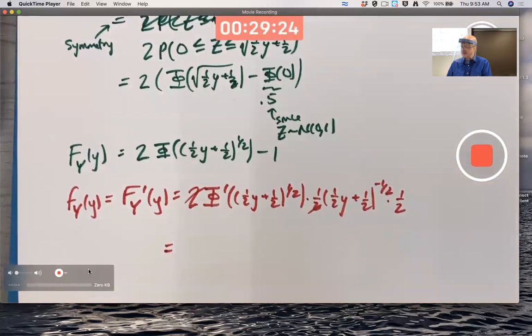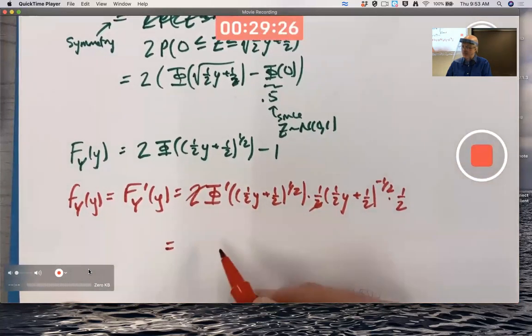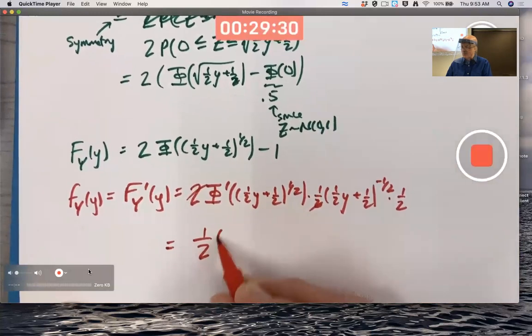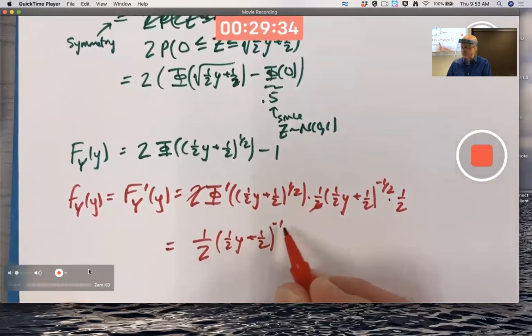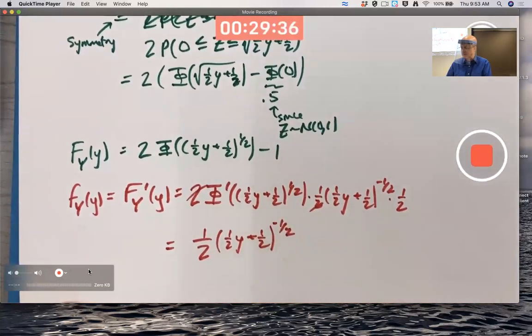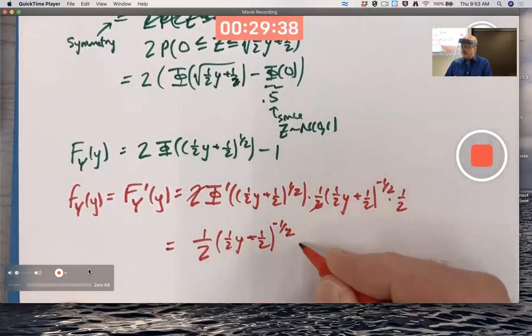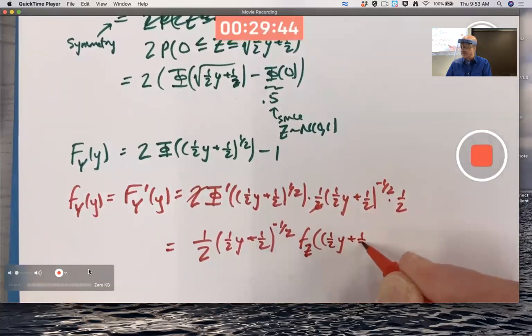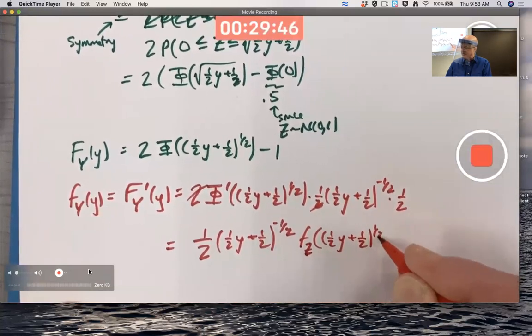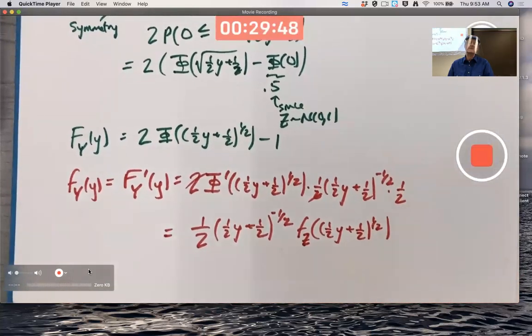You can ultimately write this as 1/2 (1/2 y plus 1/2) to the negative 1/2, which of course I could also put in the denominator as a square root. I'll write F sub Z of (1/2 y plus 1/2) to the 1/2, where F sub Z is the PDF